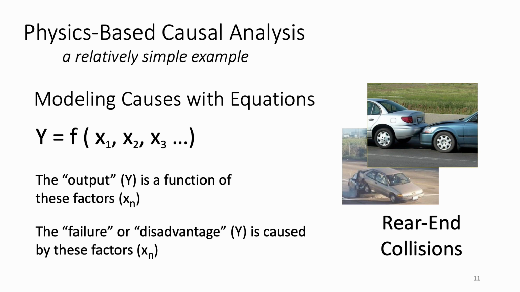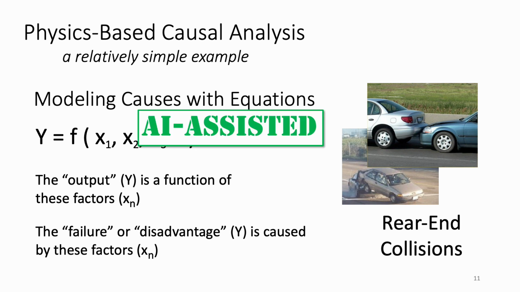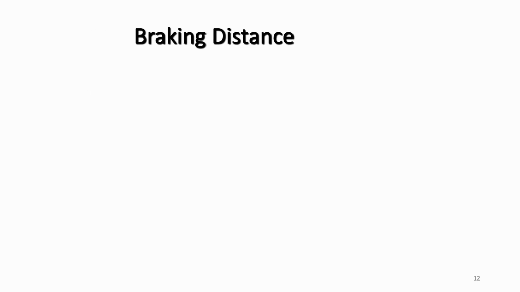We want to model causes with equations. That's where we drive each level of a diagram. In this case, we're talking about rear-end collisions. And if you don't feel confident at all that you know about the factors, these AI tools are going to help tremendously. For instance, we might start with braking distance, and we'd say it is a function of, and then